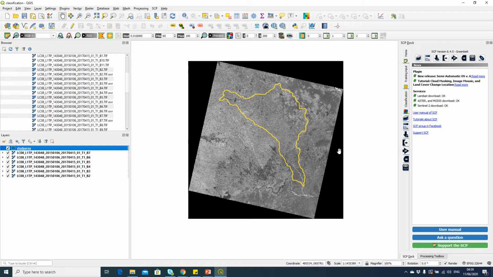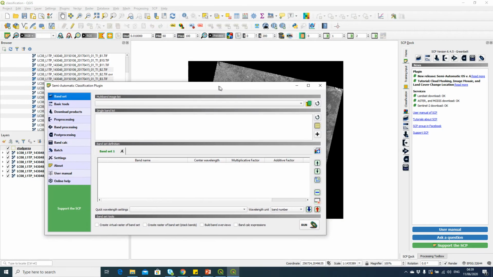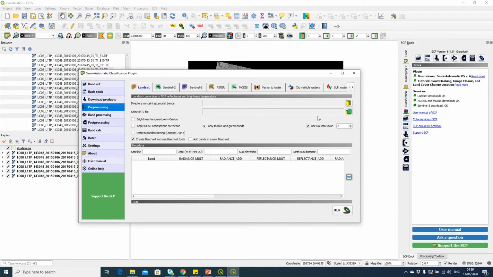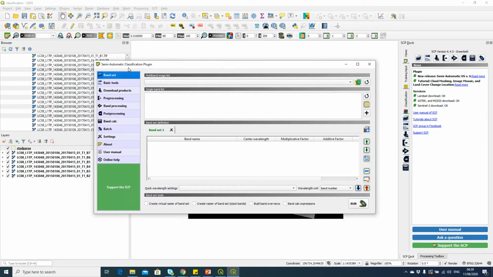The first step in SCP is to clip all these bands, because as you may have already noticed, this one single Landsat image is quite large in size, so we don't want to process any unwanted area. So we open the SCP bandset menu from the menu here,